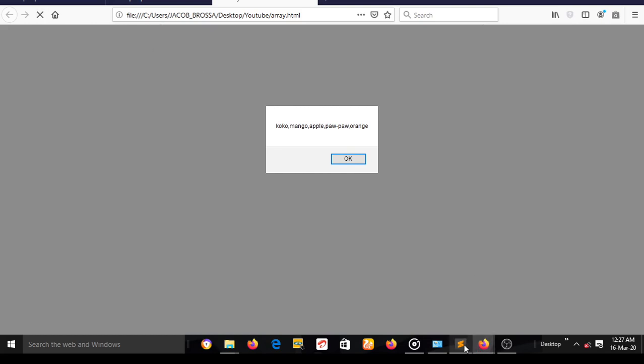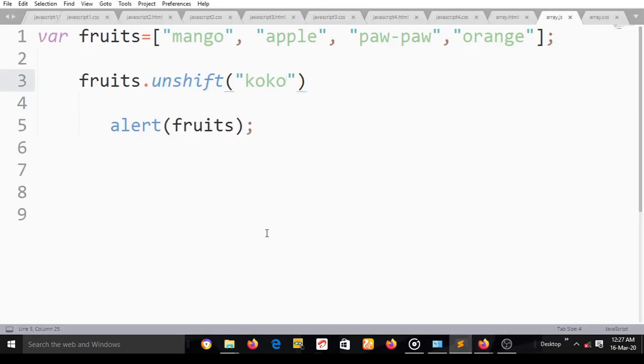Now you might be wondering, so far I've been using different methods to add or remove elements from this array. You might be wondering, why not just go here and change this? Now you're going to create an array, probably you're using it in different places and you want to change one or two things, so it will be rather inappropriate to go and do it here because it's going to alter